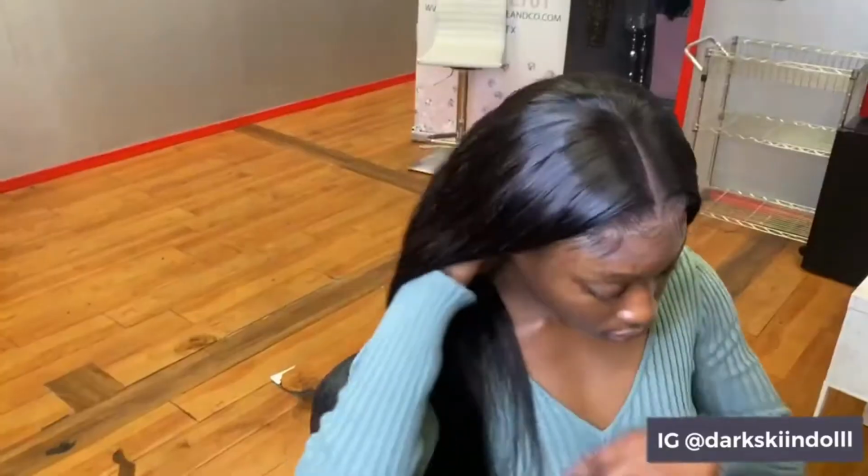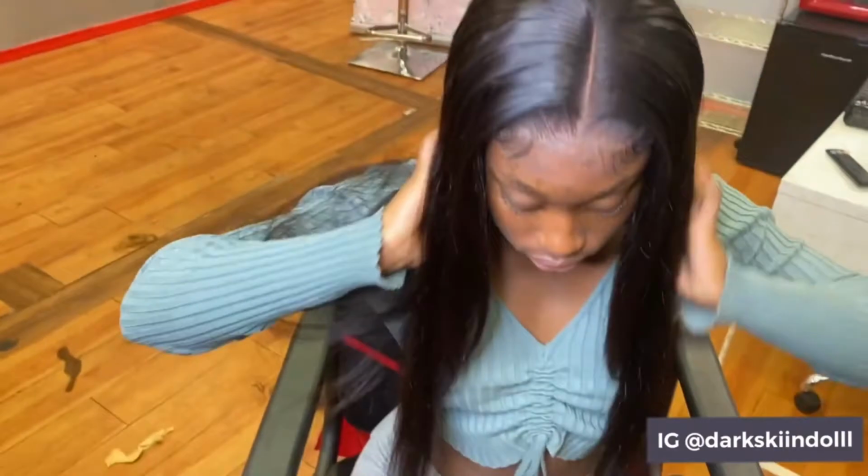One more thing, the lace was just a little bit too dark for my skin, and my stylist did bleach the knots, but I don't know if they sent me a dark colored lace because, you know, they see my videos, but I really do prefer an HD lace or a transparent lace. Other than that, I think my hair looks